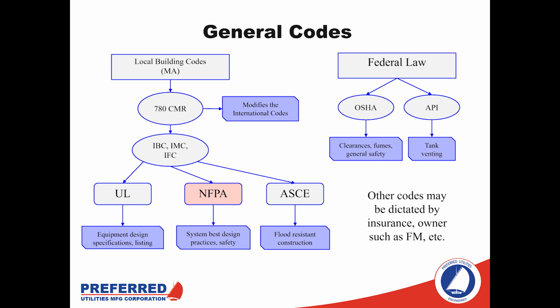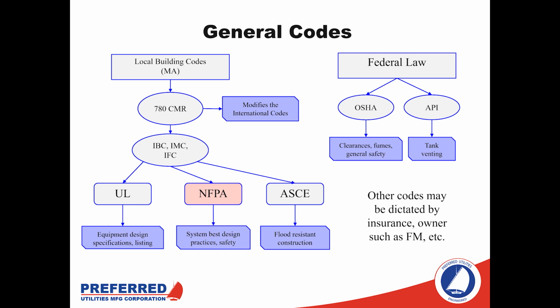Just a general overview, we have 2 basic places that these codes are going to originate from. We have our local building codes, and then we have some considerations from federal law as well. And our local building codes are going to come down to things like UL listing for equipment, NFPA for best design practices, maybe some flood resistant construction requirements, things like that, that are modifications and references from the International Building